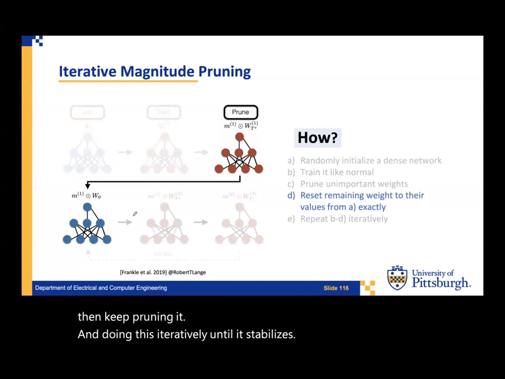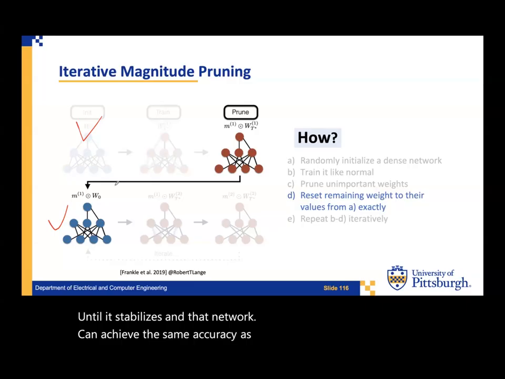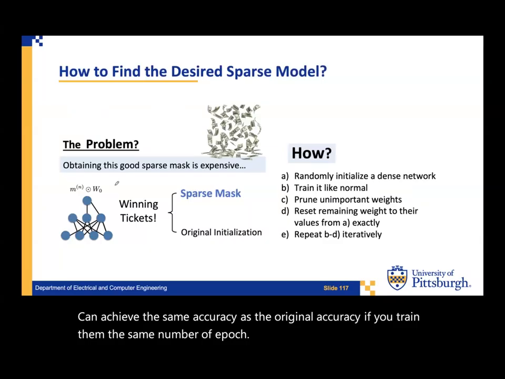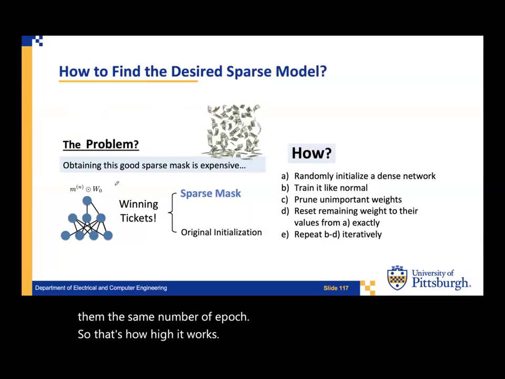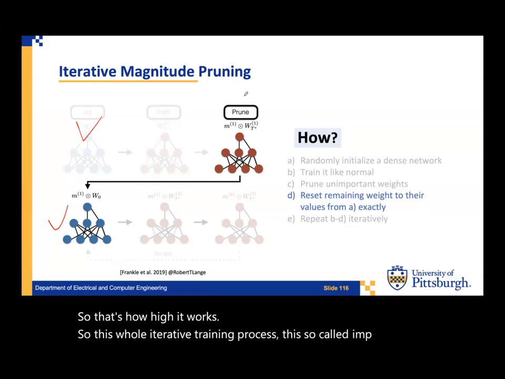until it stabilizes. And that network can achieve the same accuracy as the original accuracy if you train them the same number of epochs. So that's how it works. So this whole iterative training process, this so-called IMP, iterative magnitude pruning,